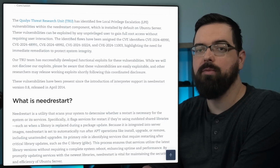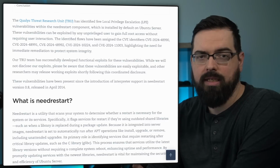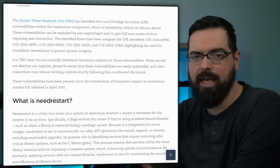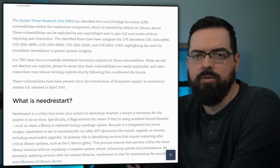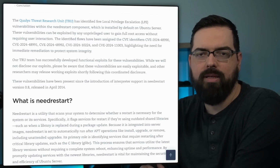It's important to note that while these flaws are easily exploited and you need to update as soon as possible, it's not as scary as it sounds. Well, this is a flaw that requires an attacker to already have access to the system before they can exploit it. It's a local escalation flaw. So, of course, you should still run updates as soon as possible, but it is not as insane as it